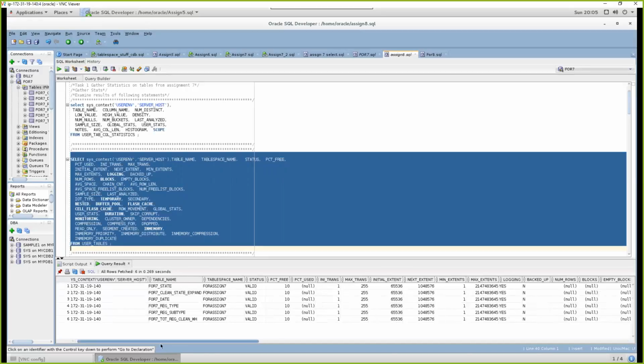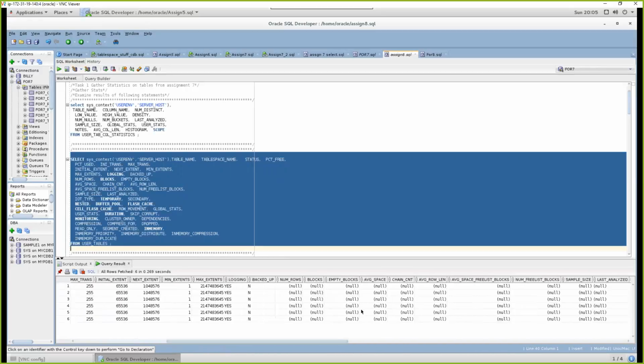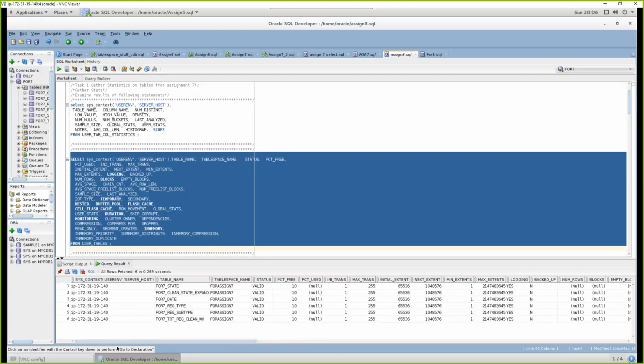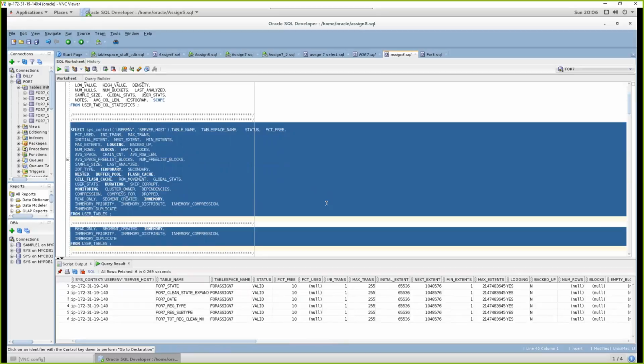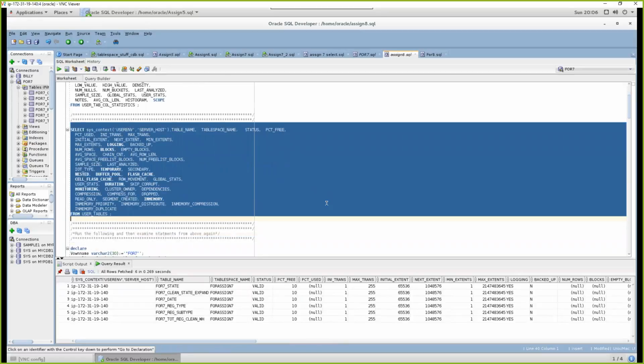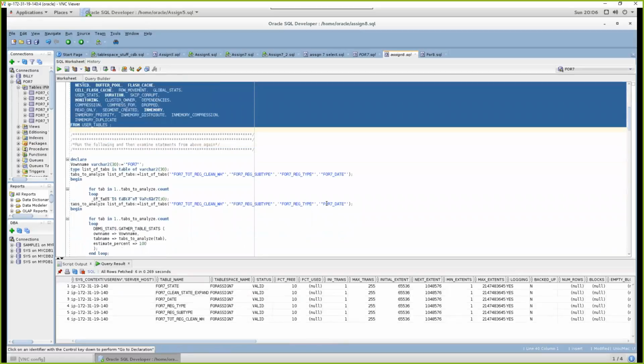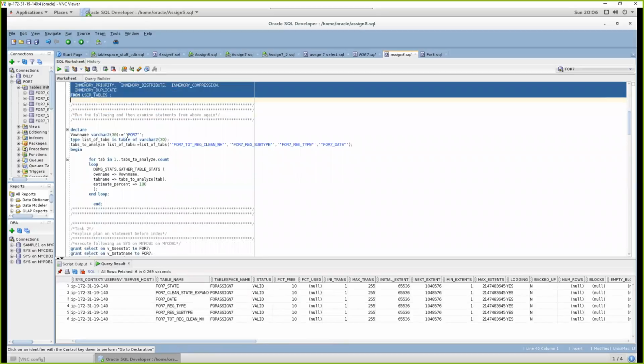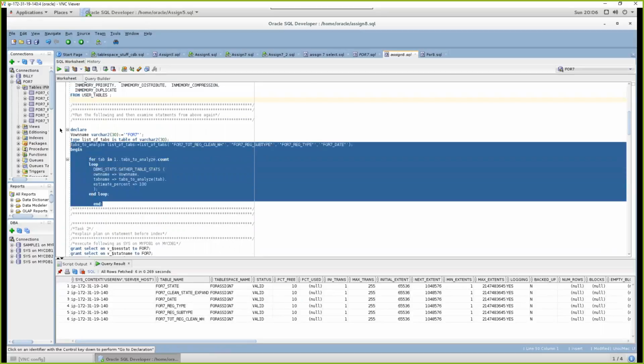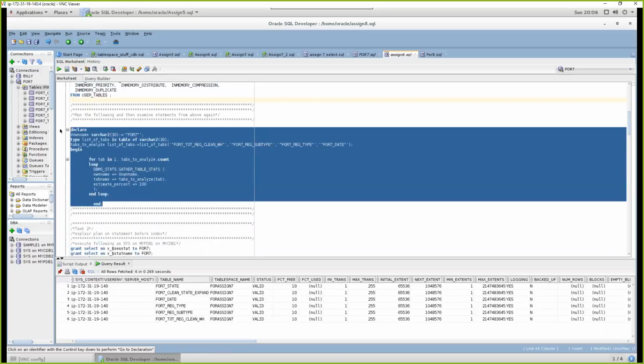And what you can see when you look at a number of these columns is that the database has not gathered the statistics on the tables. What that means is it doesn't know anything about the data contained in the tables that will help it decide the most efficient plan to use to fetch the data. So now if we run our gather statistics procedure, this little bit of PL/SQL that I've given you,